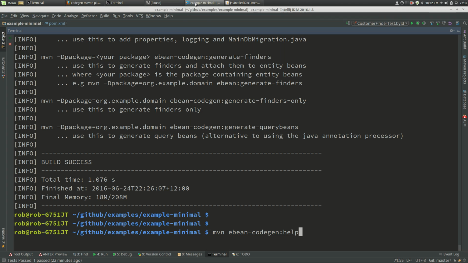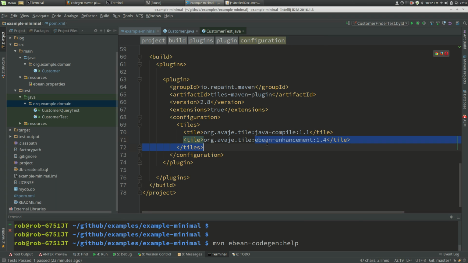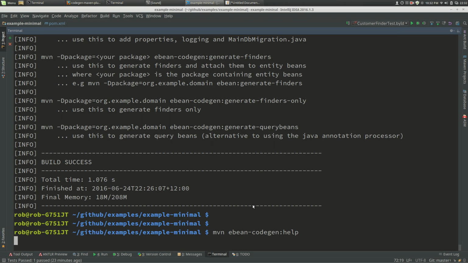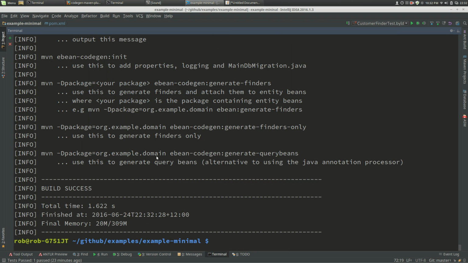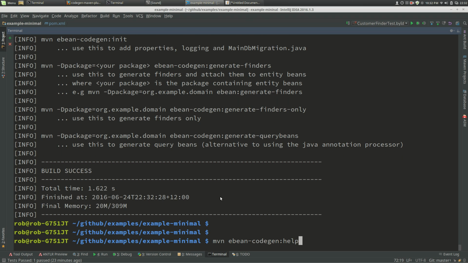Okay, so if we have a quick look at our project here, actually I'll just quickly show you that. So for build plugins, I already have the Maven Ebean enhancement tile, so I don't need to have the separate plugin in my project. So if we do the first one, which is the help command, we just get help messages saying what each of the commands are. So the next one we'll run is init, which is used to generate properties and etc. and main DB migration. So if we run that,